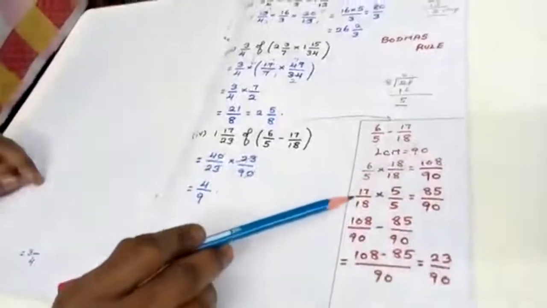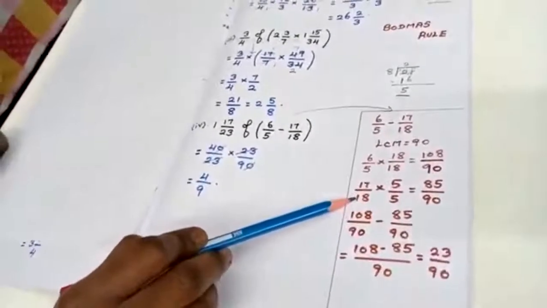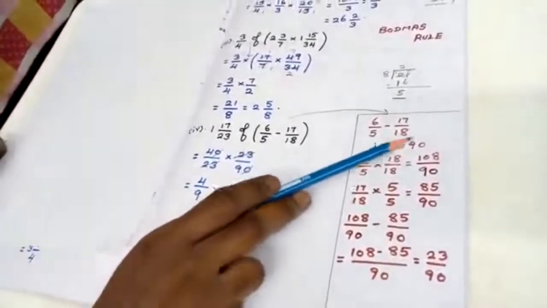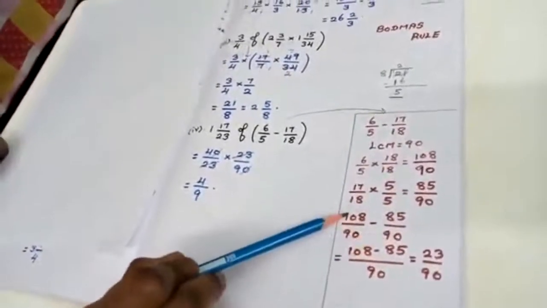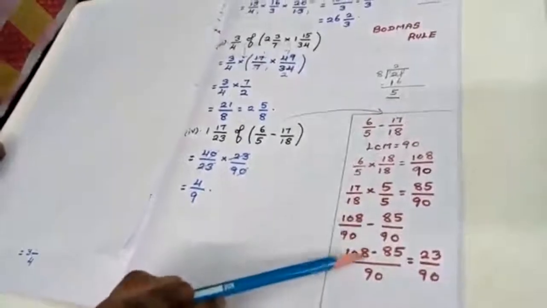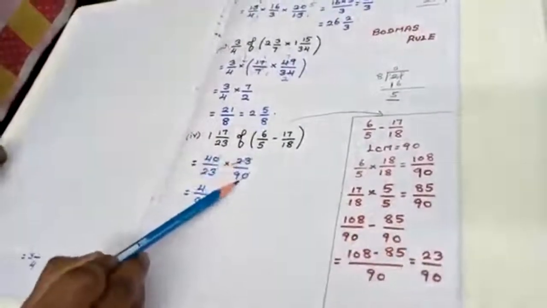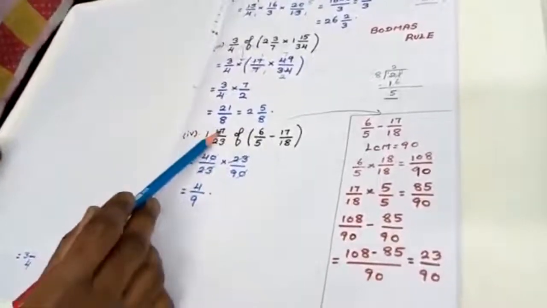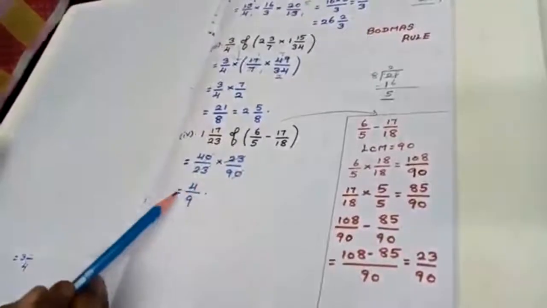All these calculations I have given here. Just work out and see the sum. You will understand the concept. 90, make the denominator common. After making the denominator common, 108 minus 85, calculate, you will get the answer as 23 by 90. 23 by 90. 117 by 23, convert this, 40 by 23, calculate the value, you will get the answer as